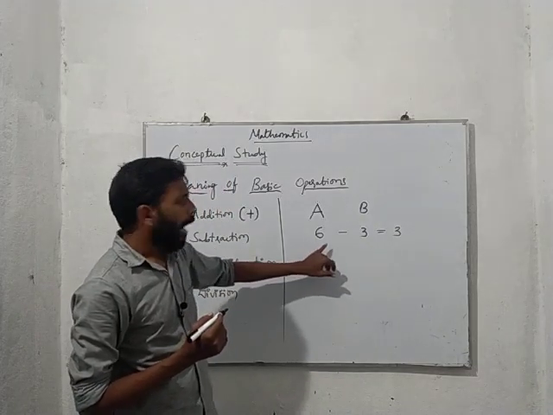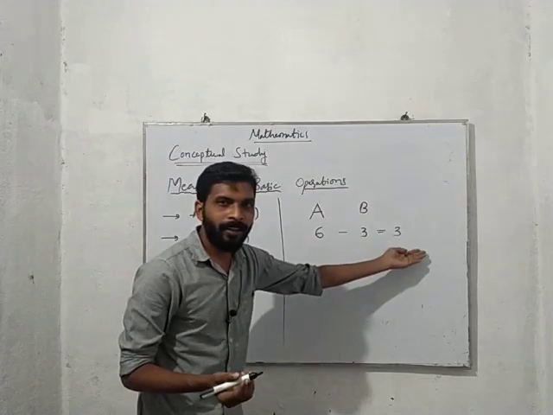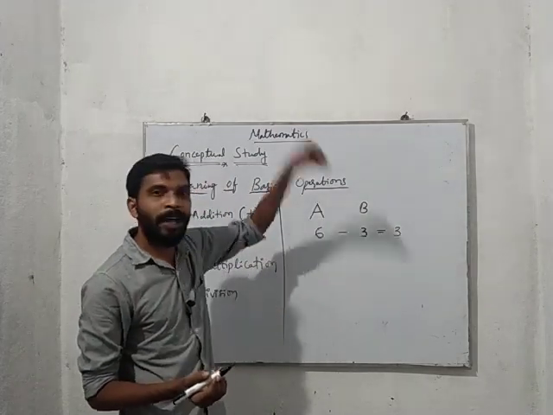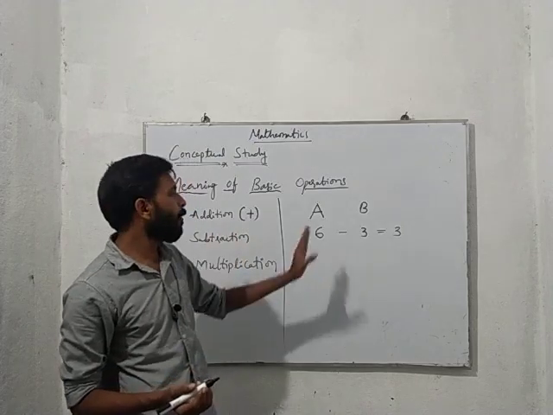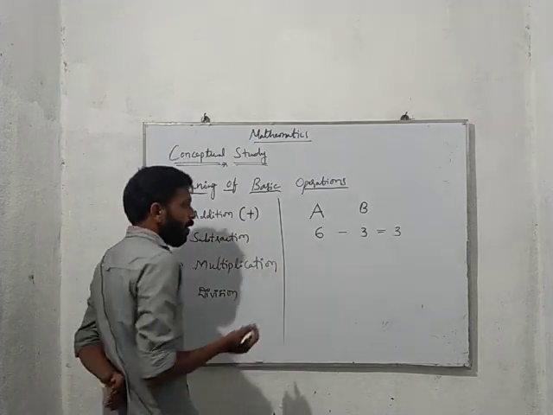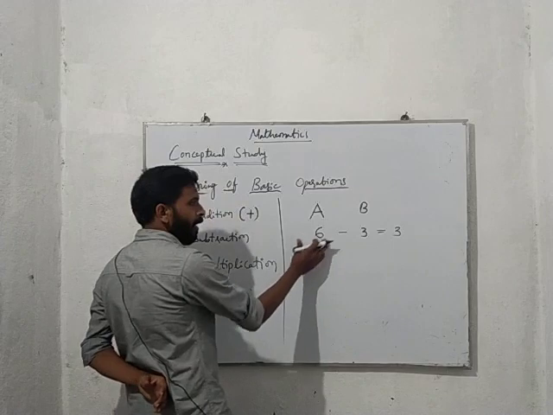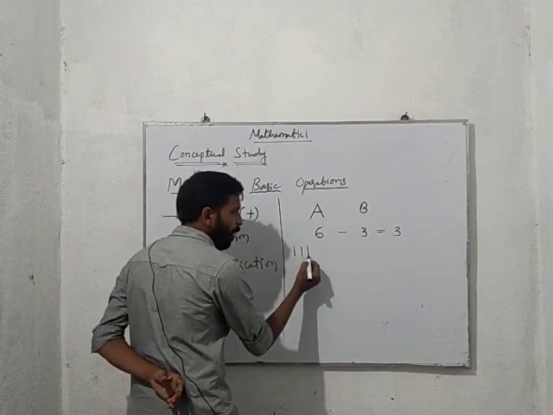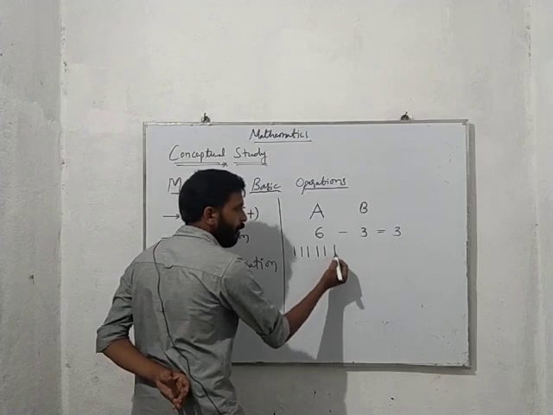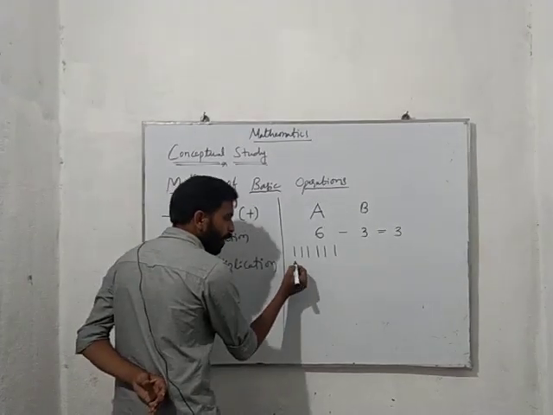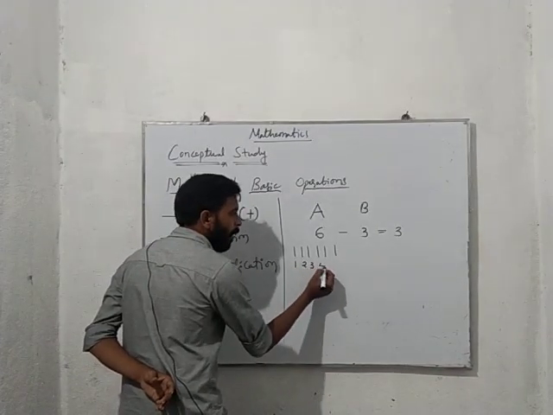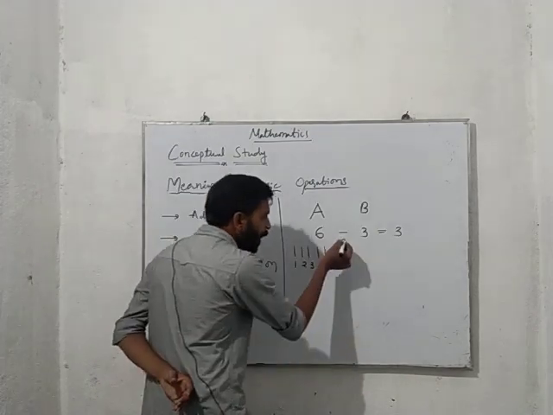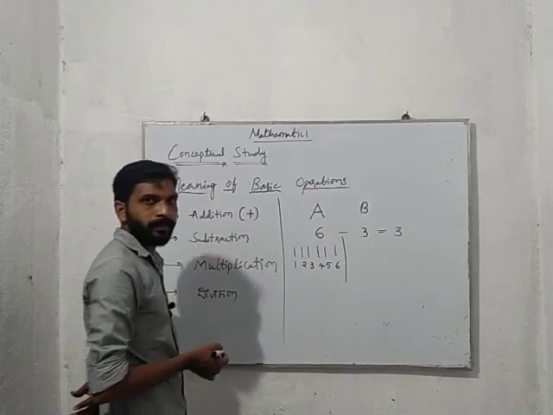Each and everything is fine. Then my question again is, why are we getting 3? How are we getting 3? What is happening inside that question? Look into this explanation. A has 6 chocolates, in the sense chocolate 1, chocolate 2, chocolate 3, 4, 5, 6. Means counting 1, 2, 3, 4, 5, 6. Here we have stopped.